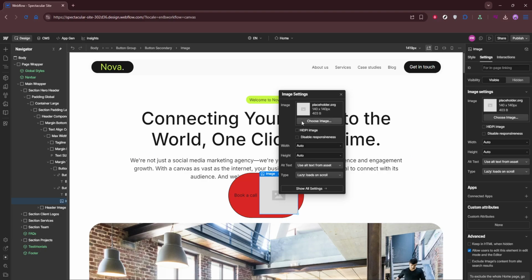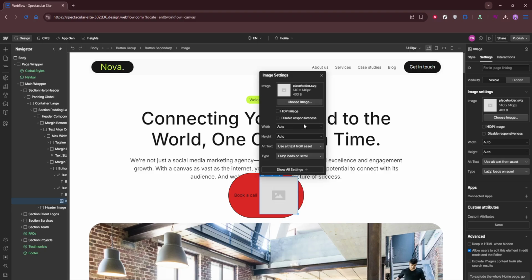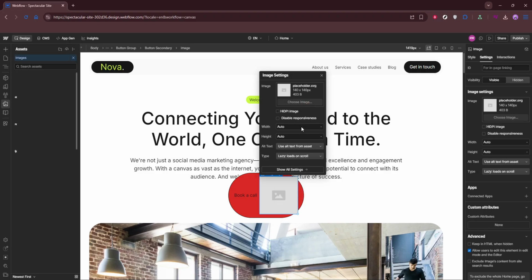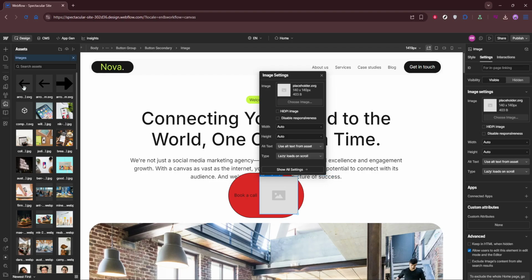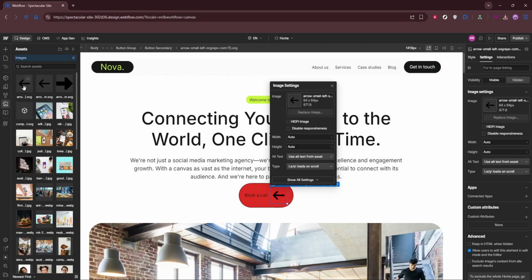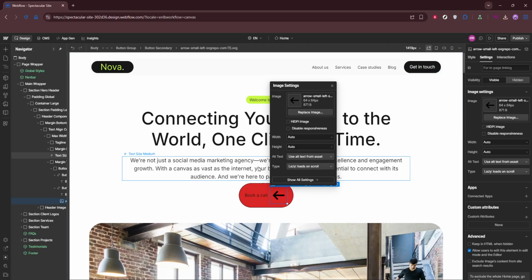If the icon is purely decorative and doesn't add meaning, set the alt text to be empty so screen readers can skip it. Otherwise, describe it briefly. Choose your SVG icon from your assets or upload it if it's not there yet. Pick a simple, clear icon that supports the action the button takes, like an arrow for navigation or a check